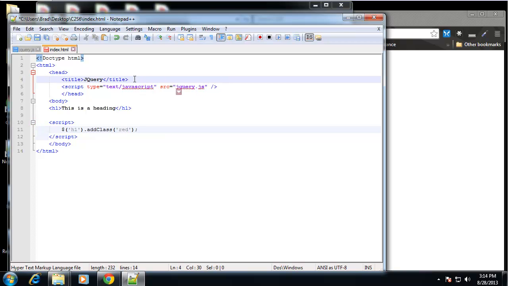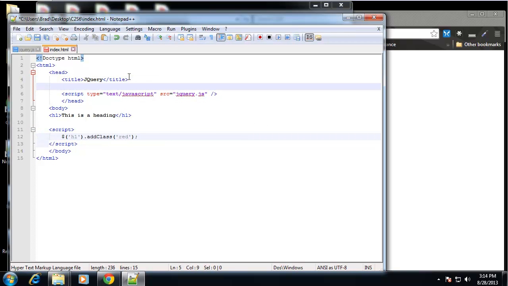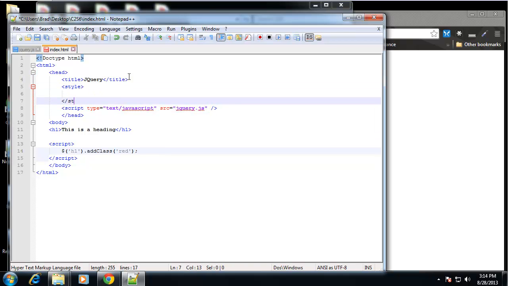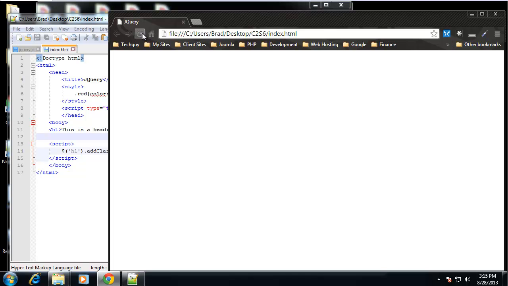Alright, and I'm gonna actually put some style tags up here, and I'm going to give it a class called red, and we're going to say color red. So it's just going to turn whatever text it is red. So if we save that and we reload,